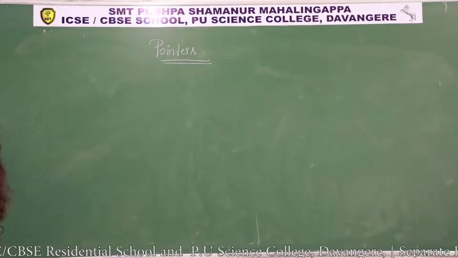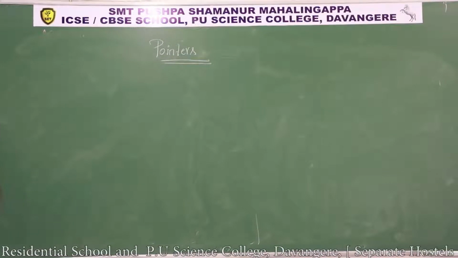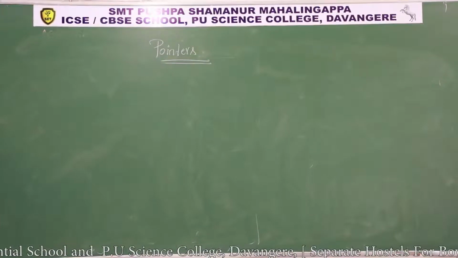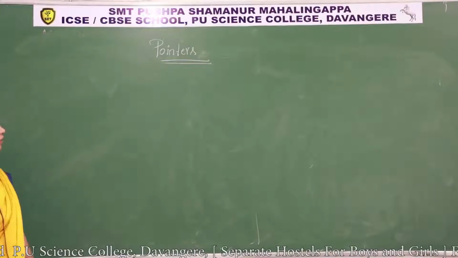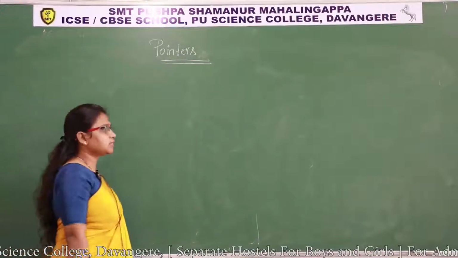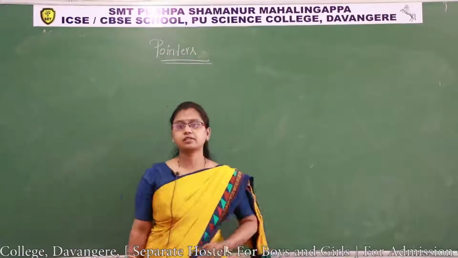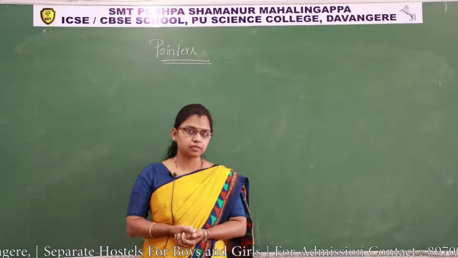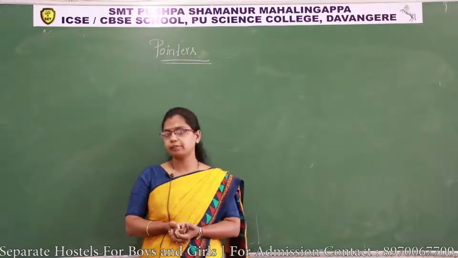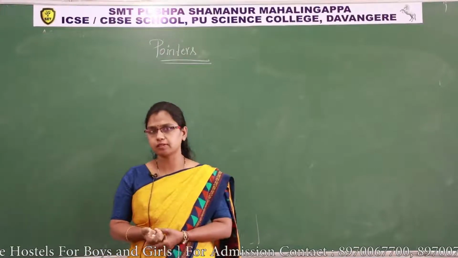Next, write a C++ program to illustrate usage of this pointer in an object as a function return value. Before going to write the program, let us recall the program we discussed in the class and objects chapter: addition of two complex numbers. I hope you all remember addition of two complex numbers.